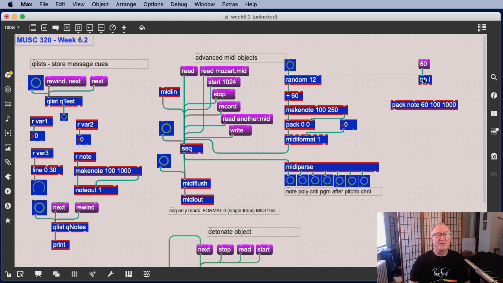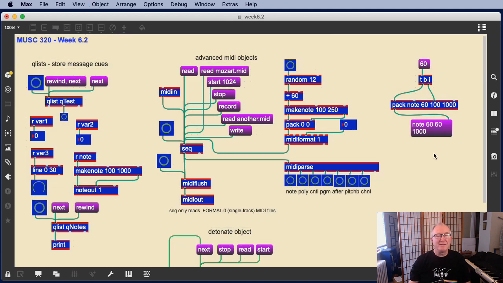This message is going to go in, and it has to go not into the note, it needs to go into the 60, and then it also needs to bang the pack out. And that will give me a message which says note